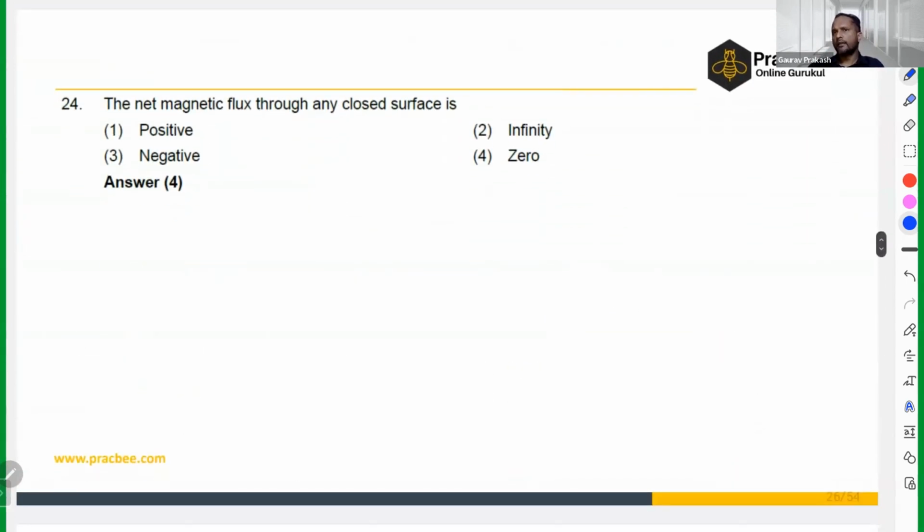Now, the net magnetic flux through any closed surface, and we know that the magnetic field lines are closed loops. So basically, magnetic flux through any closed surface will always be zero. This is a straightforward question from the integral of B dot dS equal to 0. If you know the Maxwell rules of electromagnetic waves, the 4 rules, you could have easily answered